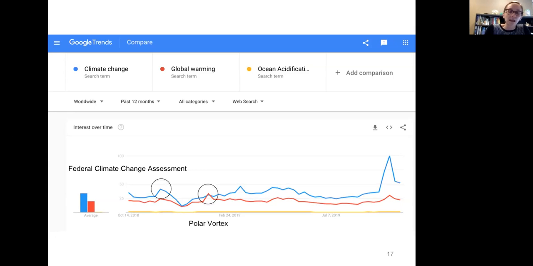So again, the same events we can see in these interest peaks, but the climate strike showed another global interest peak that really wasn't obvious in the US data. So Google Trends is kind of fun to play around with as a way to think of a keyword that maybe will be useful to include that maybe you wouldn't have thought of otherwise.